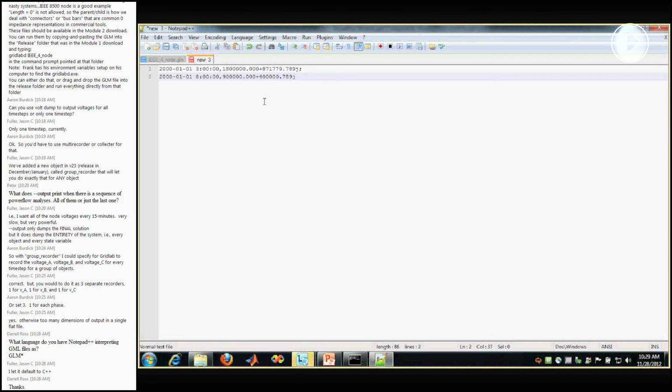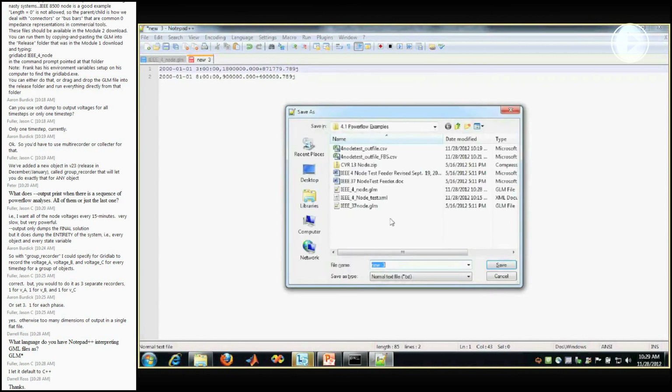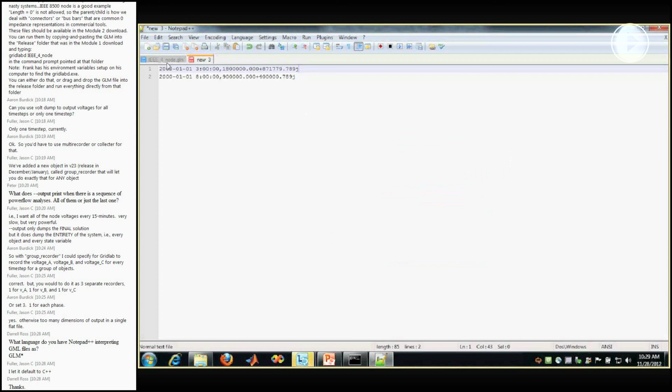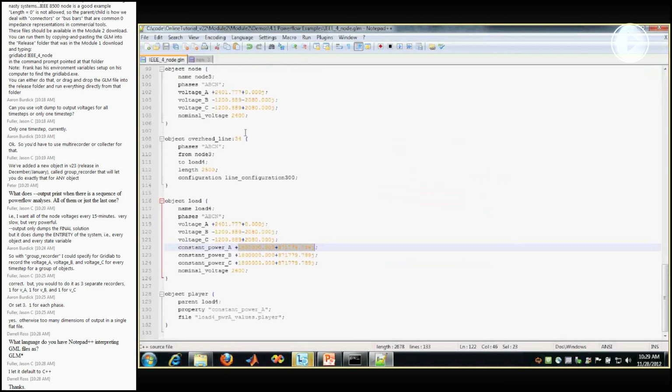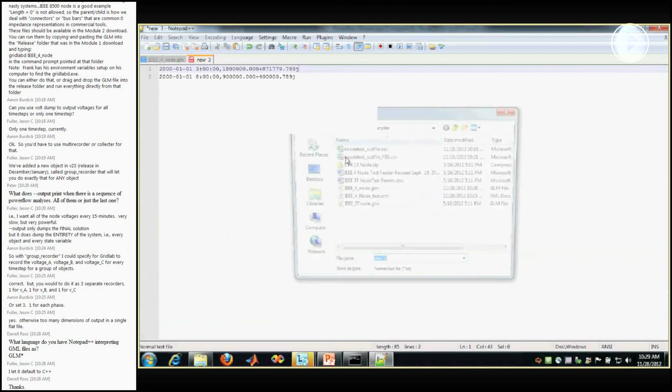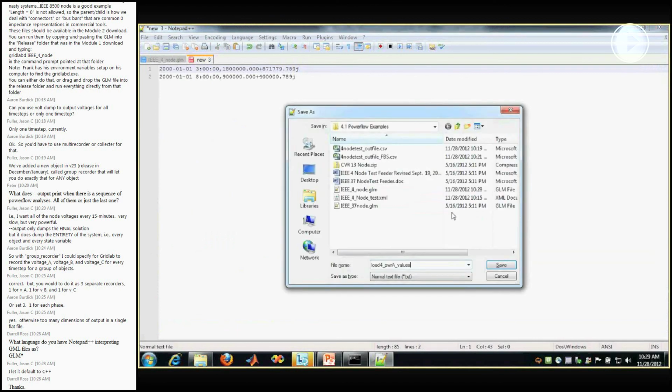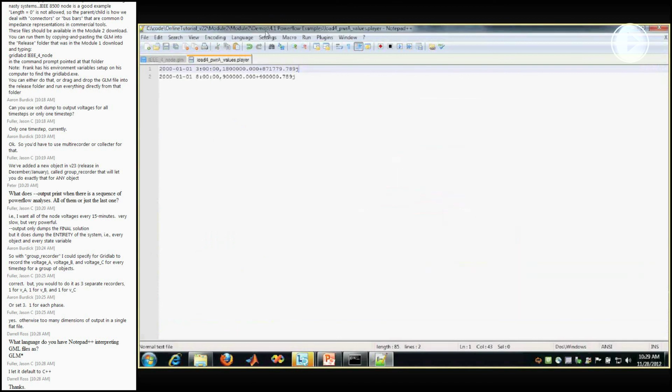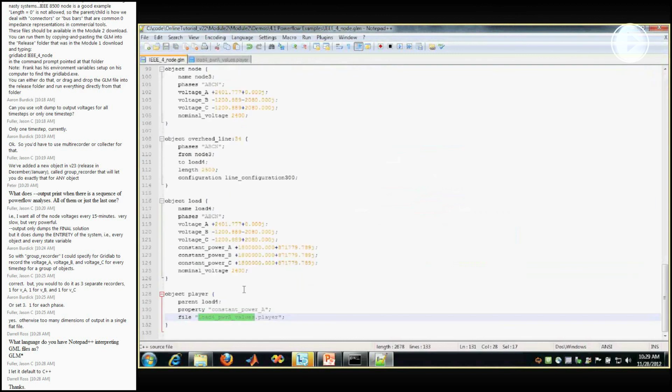There. Close enough. And actually, I already screwed up. You don't need that semicolon. So we will save this. Well, we'll save it to the same file name, but I don't remember what I said the file name was. Save it to the player file. So this player file is what it's looking for right here, and it'll play that value into this constant power